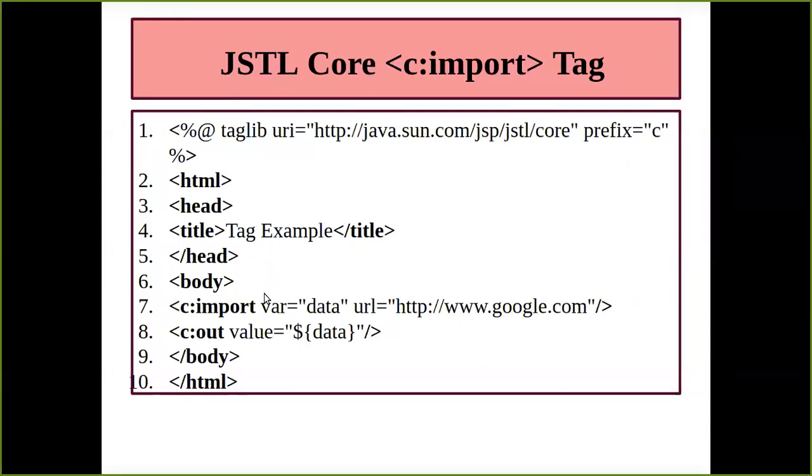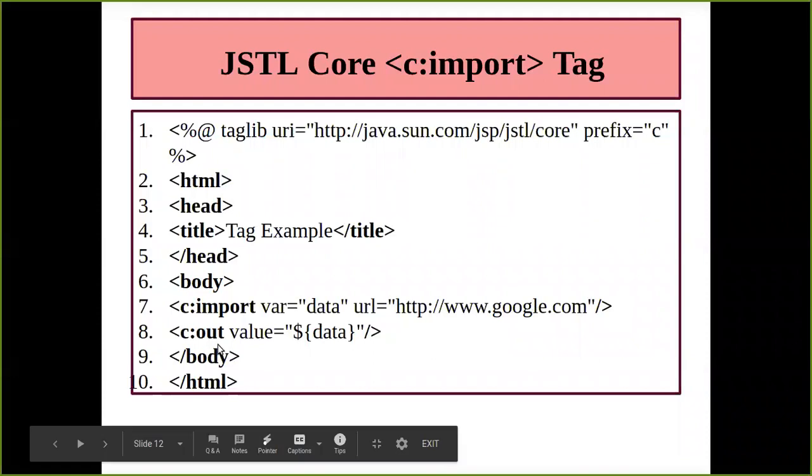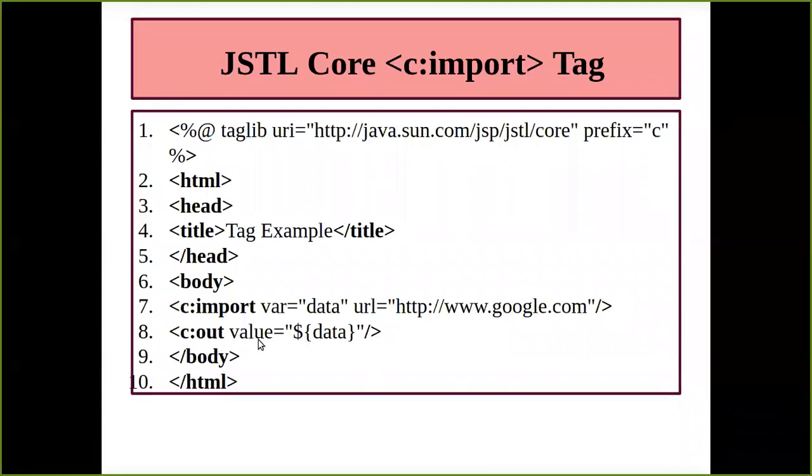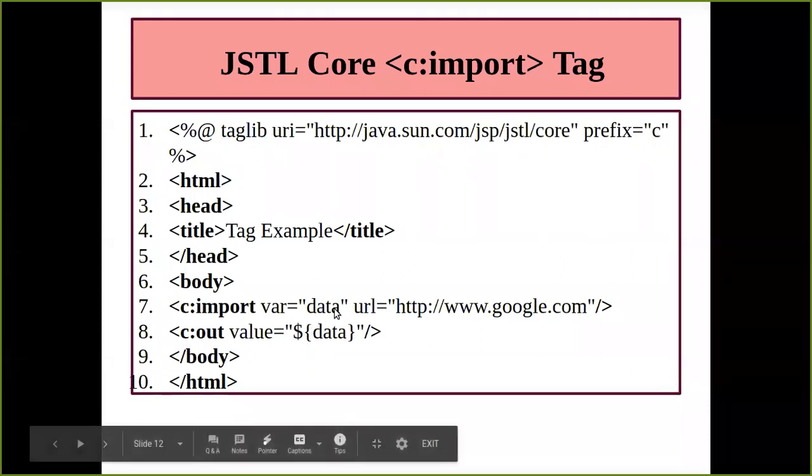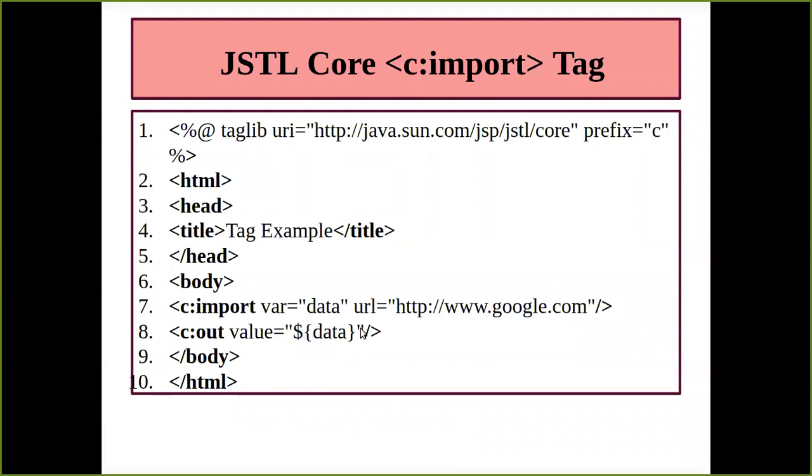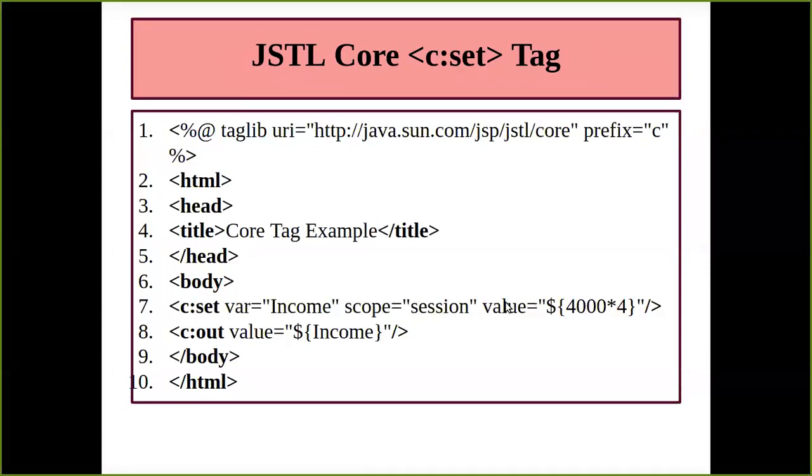Okay. Next is what? Whatever data I have now fetched from the given URL, I just want to display it. So for displaying, which tag do we have? The out tag. Okay. And which attribute do we have for that? That is your value attribute. I'm just going to make use of expression language that starts with the dollar sign, and I'm going to call the variable which is holding the value. What is the variable name which I have used in the import statement? That is data. Okay, and the value which is in data is going to be displayed in your web page. Fine. I hope you have understood this.